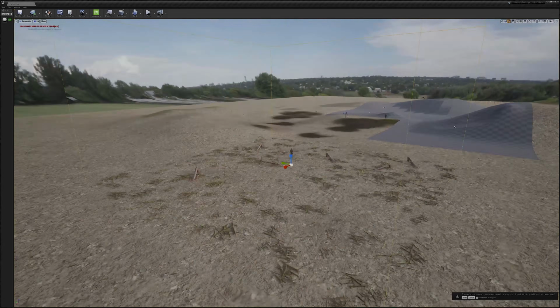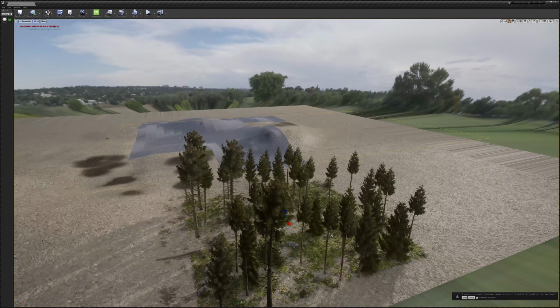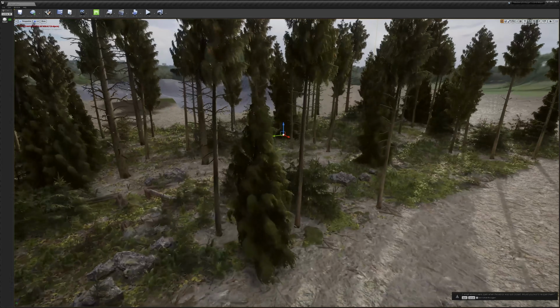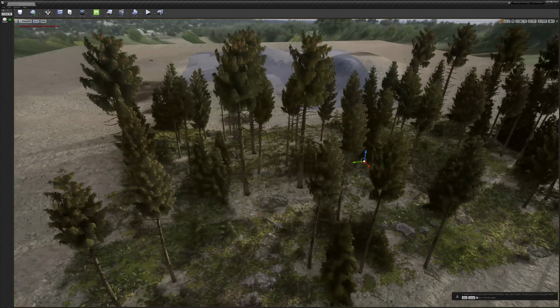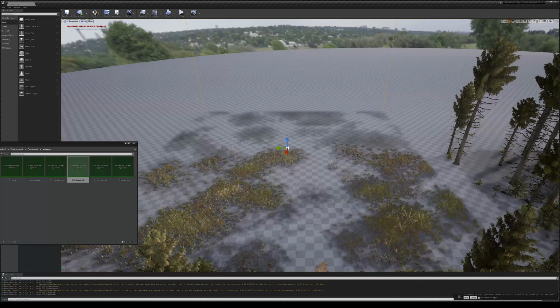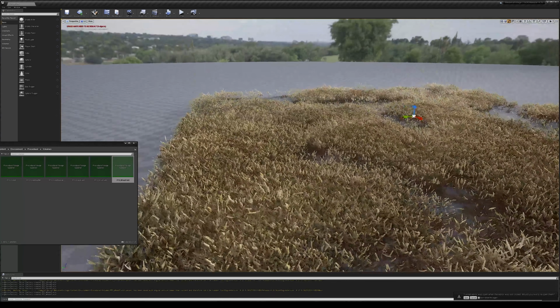The best choice in our case were procedural foliage volumes. Now, these are volumes that spawn a predetermined list of foliage actors based on their growth rules. To give you a few examples, we created a dense forest, a light forest, forest scatter, wheat field, and also a shrub field volume.